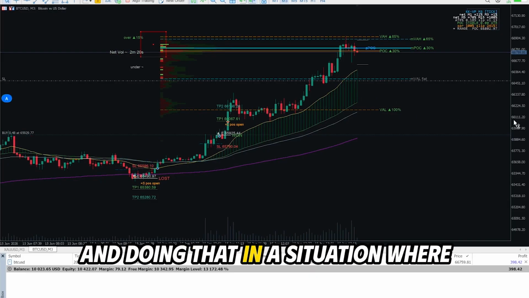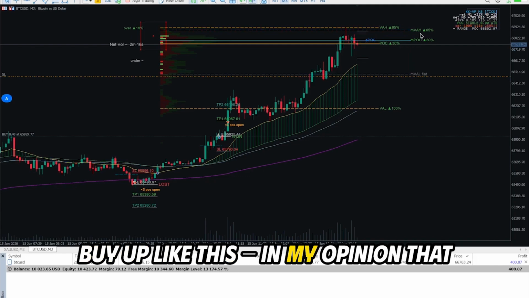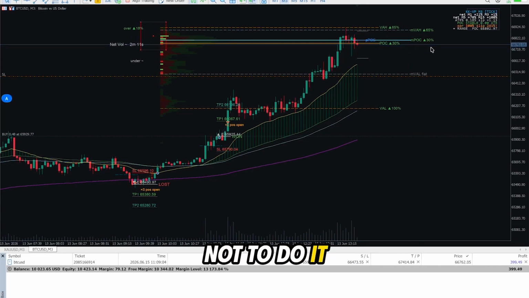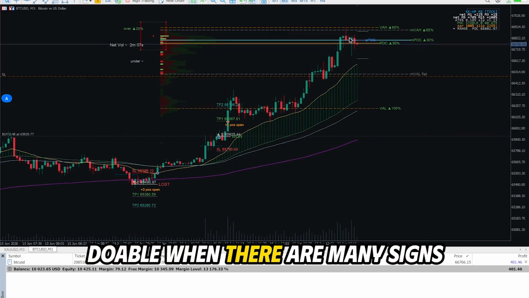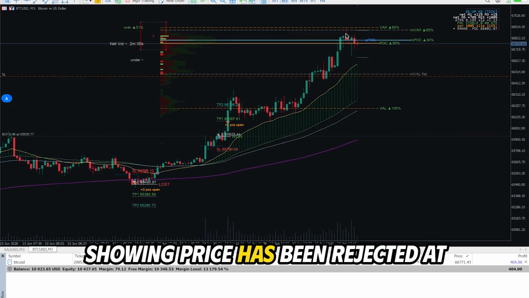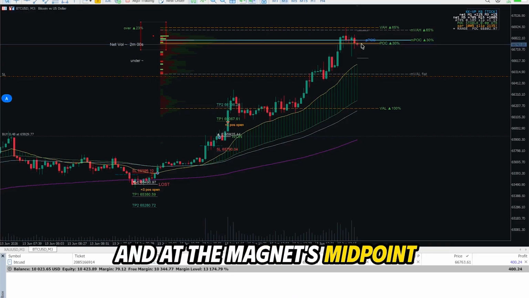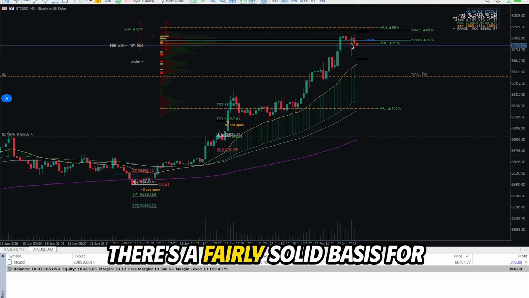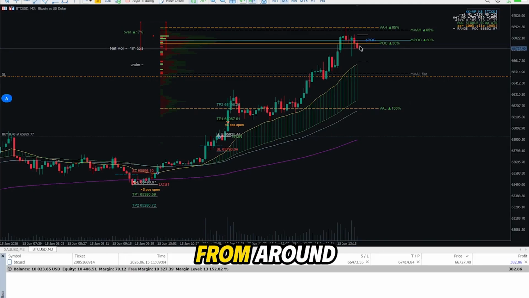And doing that in a situation where everyone is aggressively trying to buy up like this, in my opinion, that would be a bad demo. So I've decided not. Fundamentally, it's completely doable when there are many signs showing price has been rejected. And at the negative mid, clearly then there's a fairly solid basis for placing a short trade from around